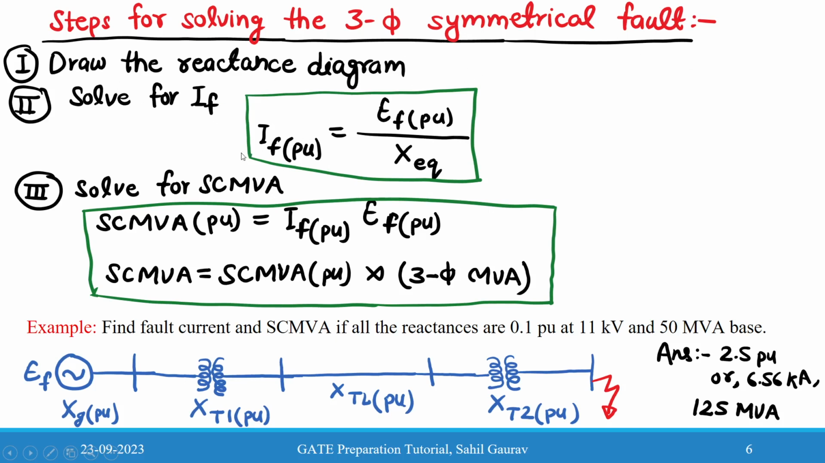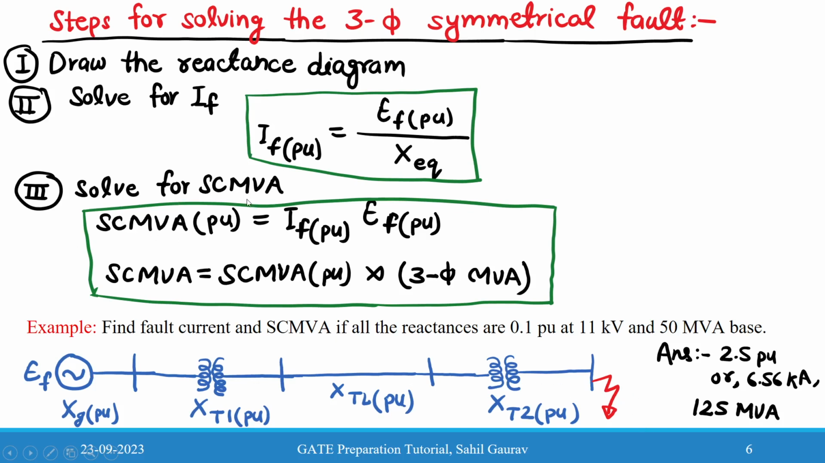So let us now come to the steps for solving the three-phase symmetrical fault. And for solving this, we need to generally find the fault current or short circuit MVA values. For that, first, whatever diagram we have been given, generally they provide you with a single line diagram. So first you convert the single line diagram into the reactance diagram, and then you apply this fault current formula. The expression will be I_F per unit is equal to E_F per unit divided by X equivalent. That is the reactance between the generator and the fault occurring point,